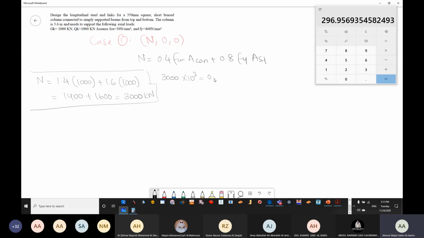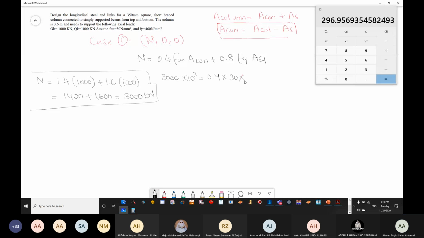Equals 0.4 FCU. FCU is how much? FCU is 30. Area of concrete is how much? Now we don't have a percentage, but we agreed that area of column is equal to area of concrete plus area of steel. So now I can say that area of concrete is equal to area of column minus area of steel. Can I say that area of concrete is equal to area of column minus area of steel? Okay, so multiplied by,